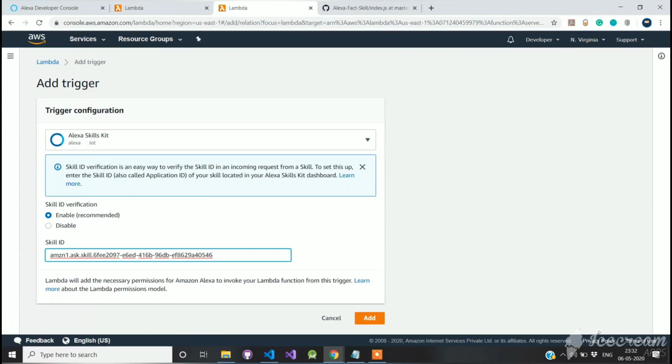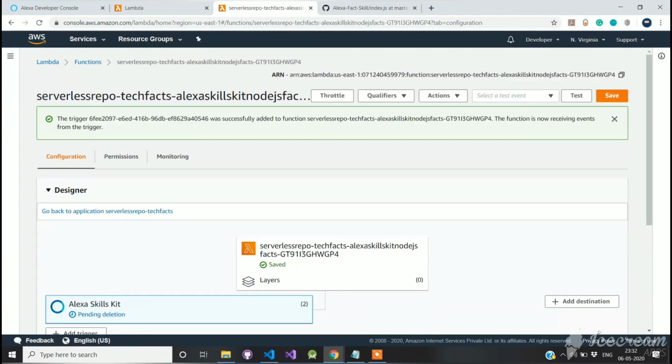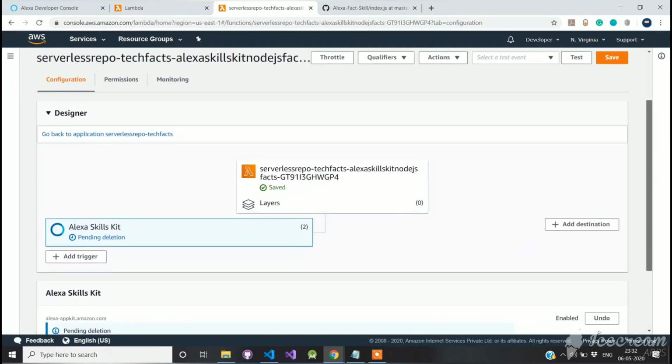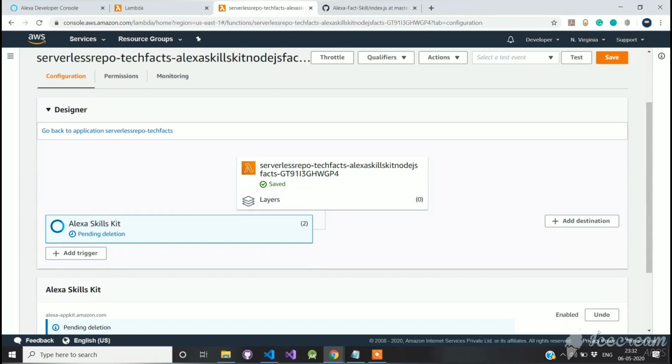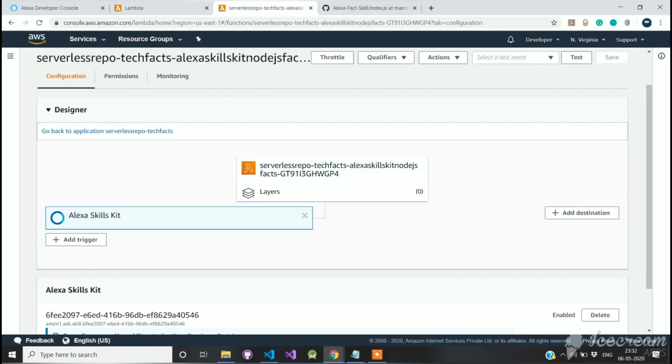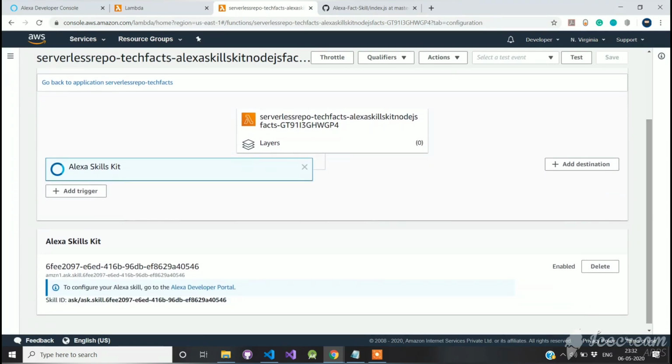Enter the skill ID and then click on Add. You can now see that we have added an Alexa Skills Kit trigger. This connects our Lambda function to our Alexa skill. After you're done with it, click on Save.